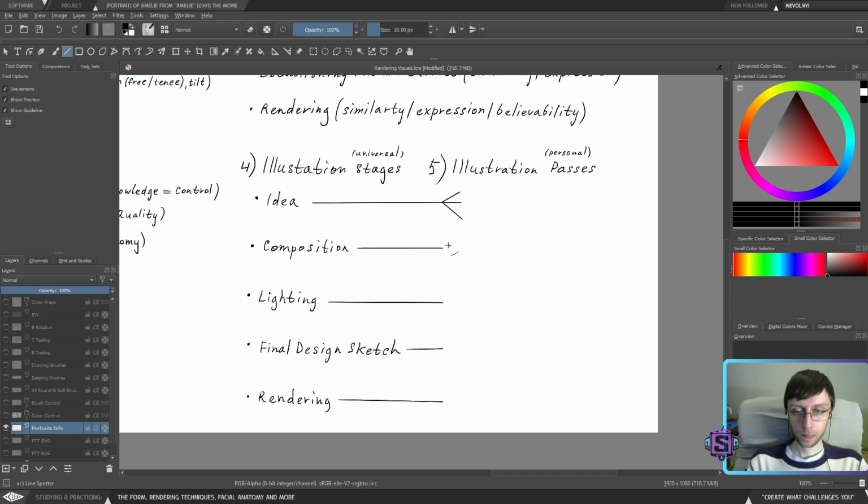Okay, we'll create three. To understand that passes are usually inside of the stages, I already talked about passes, but I didn't necessarily show you the difference. I explained the difference, but I didn't show it. I guess it's time to show it. Hopefully it's going to be clear though.